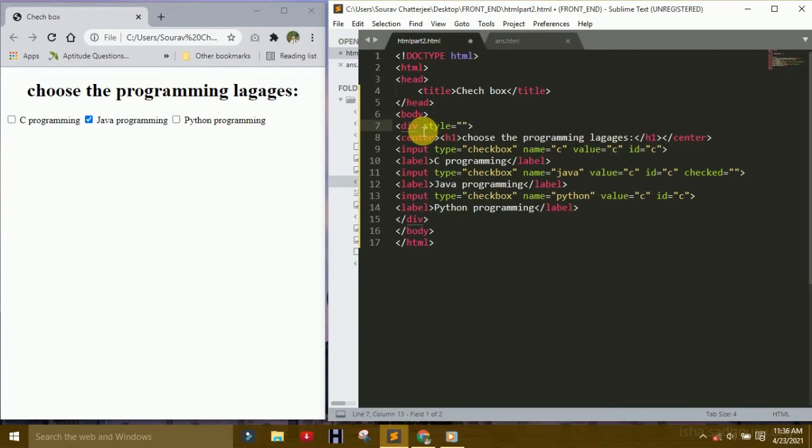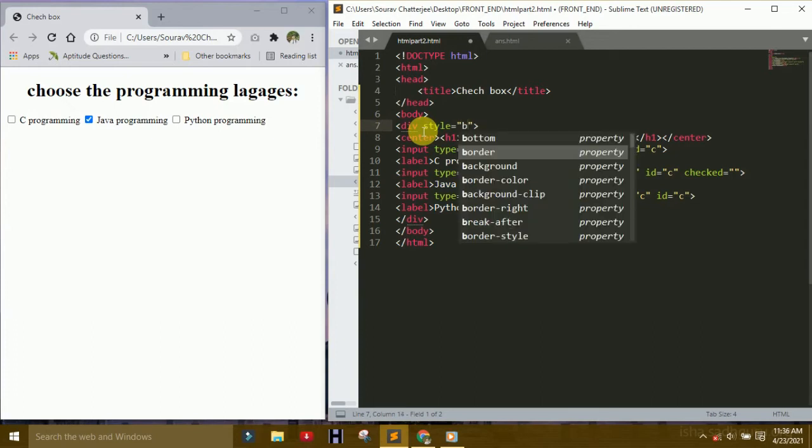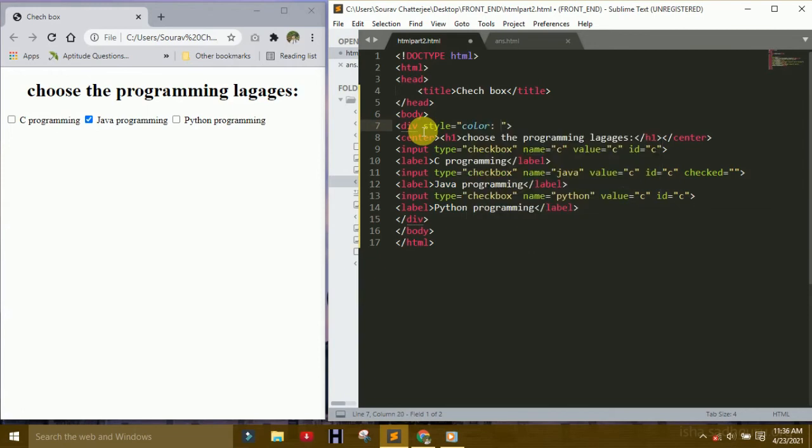In HTML there is a little bit of style, but when I use CSS and JavaScript, so many styles are there. At that time I will tell you what the style tag is, in another file. So in this file, that is inline style, you can change the background color or color, like black, red, or orange, which is best.